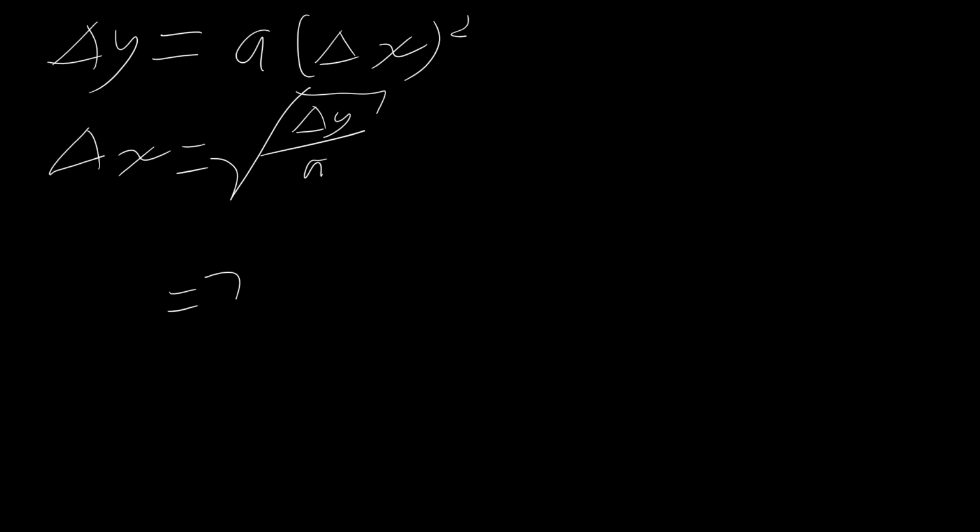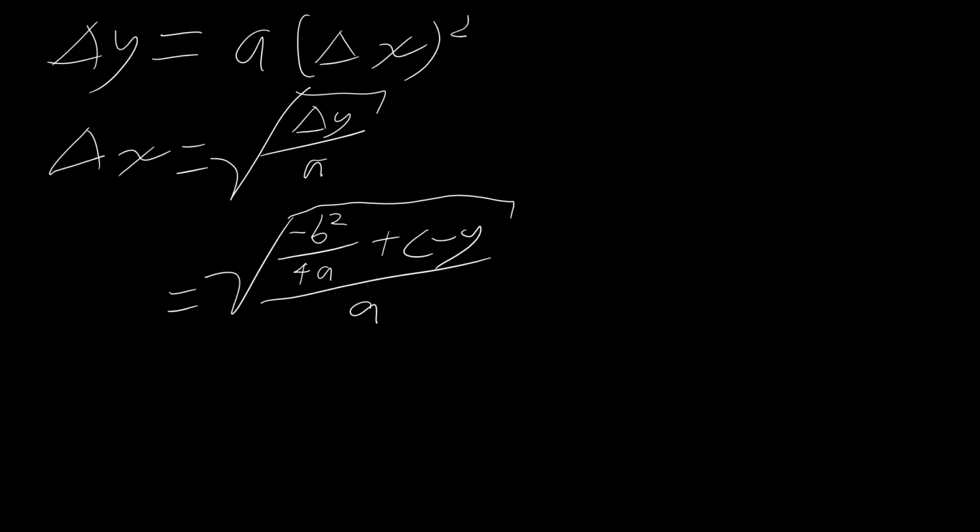The change in y from the turning point is negative b squared over 4a plus c, so we'll divide that by a. Oh, that's the y. Here is the y of the turning point, but in order to get the change in y, you need y minus that